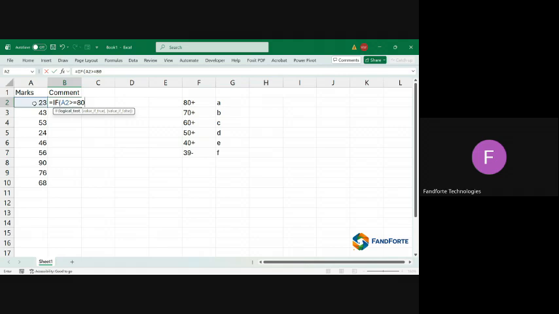Okay, if A2 is greater than or equal to 80, that's the first one. So that is the logical test. So you put a comma to separate the parameters of the argument. Okay, then you go to value if true. So if the value is true, or if that logical test returns a true,